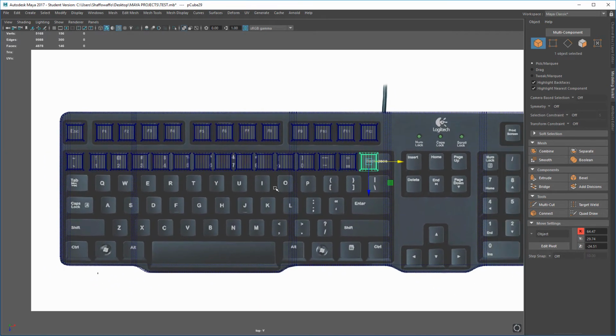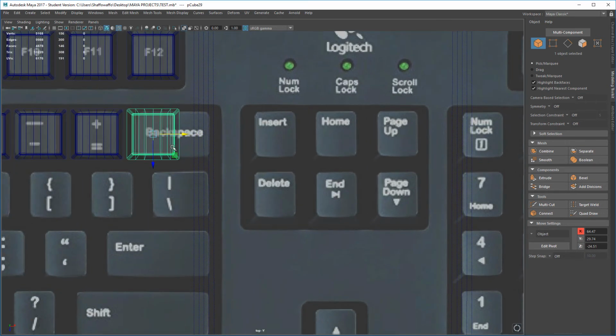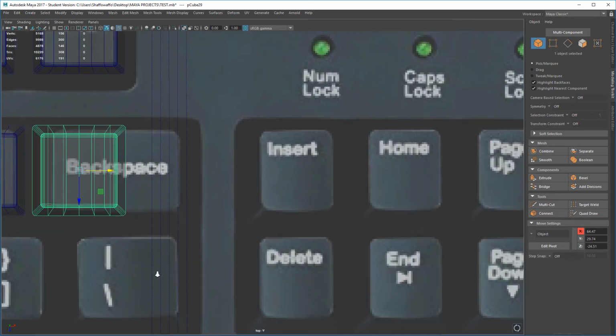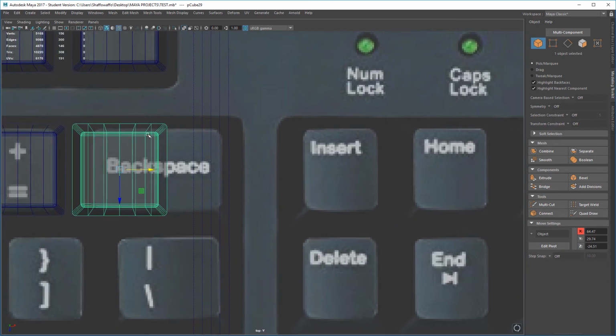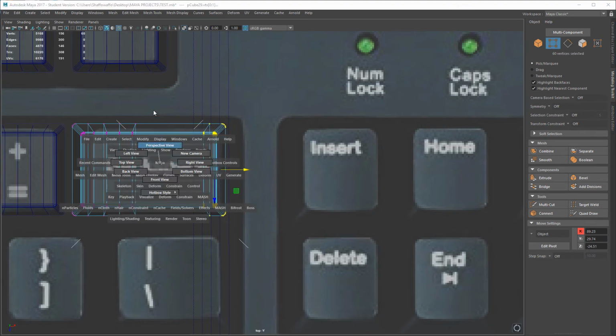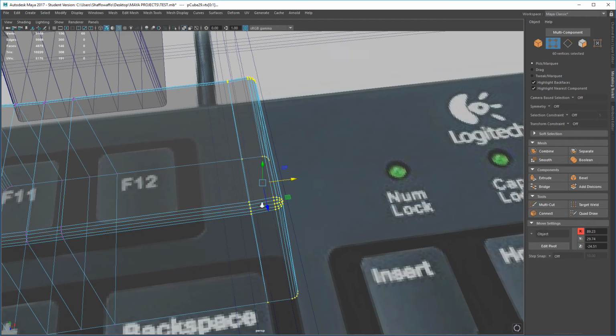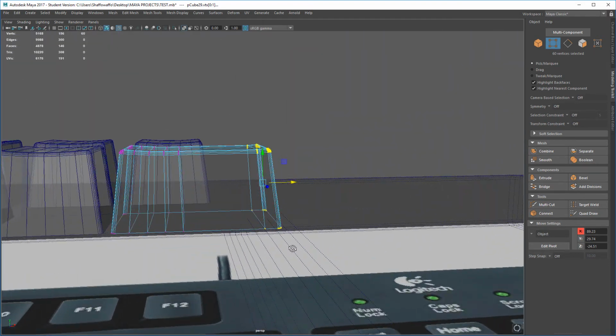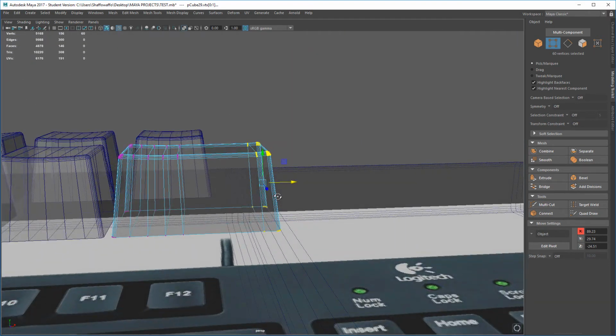So that's now created multiple buttons to there. This particular button at the backspace bit, we know the backspace button is much larger, so right click, go into vert mode. I'm going to select all these loops like so, and I'm just going to move these to fill. And now you can see, if we just go into that particular section over here, we can now see that that particular